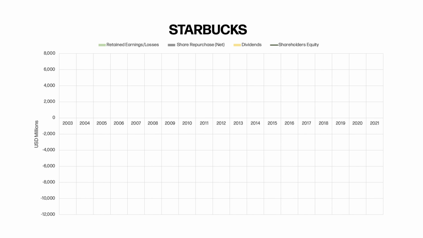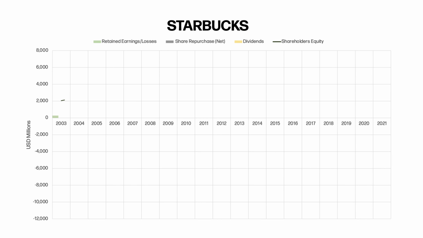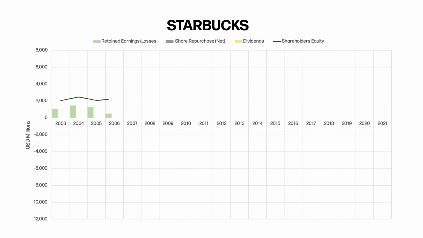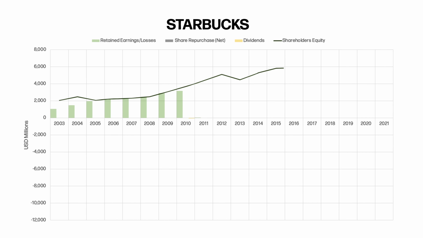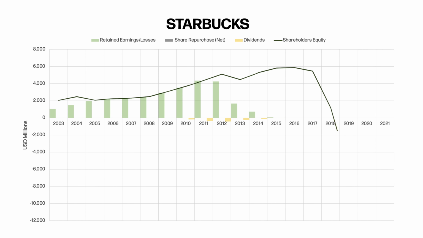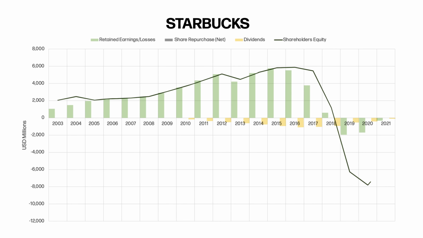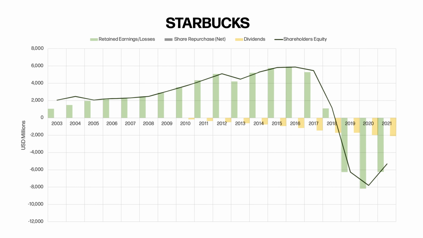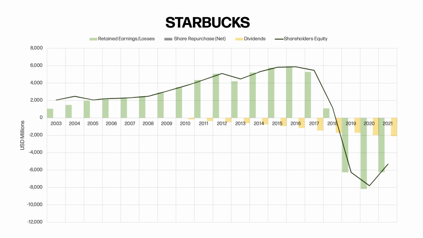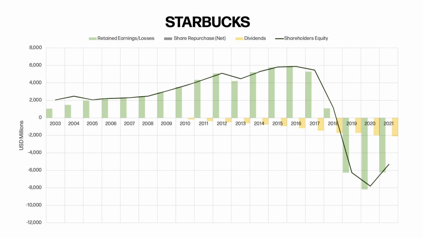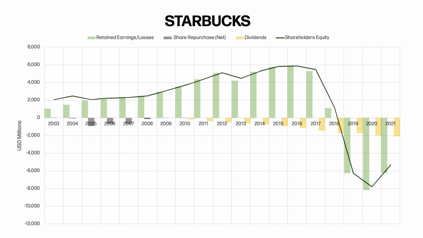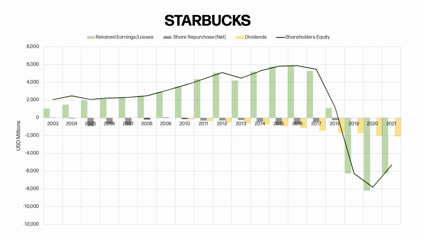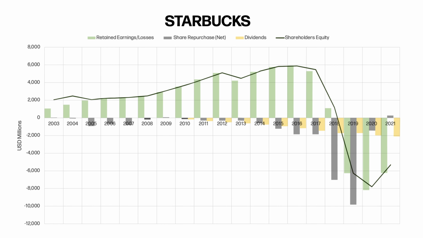Okay, so you can see Starbucks used to have positive shareholder equity from 2003 all the way to 2017, and then all of a sudden in 2018, even though they are still profitable, you see their shareholder equity drop quite significantly, mainly because a large part of it comes from share repurchase. This is on a net basis. Basically, I have taken into account their net issuance of shares, the options that employees exercise, and then of course used the share buyback to deduct it off.